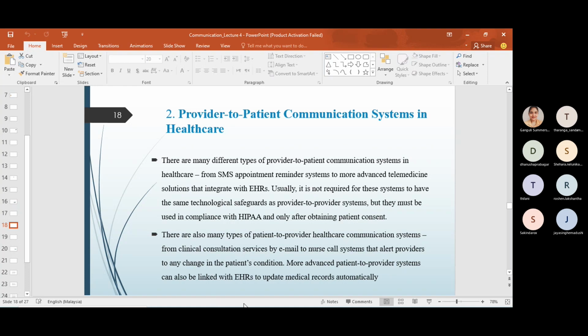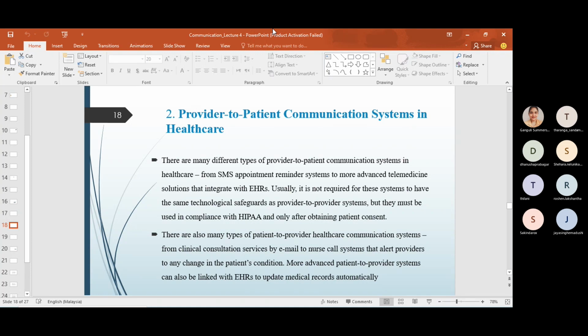Okay, and apart from provider to patient communication systems, there are patient to provider communication systems as well. In patient to provider healthcare communication systems, a patient is communicating with a healthcare provider. Assume ourselves as the patient. So we contact a healthcare provider for our requirements, for our needs. Okay, so that is called a patient to provider healthcare communication system. Some examples for these are